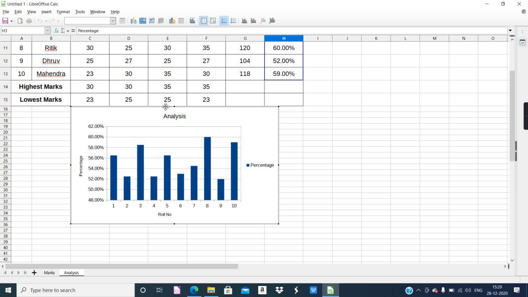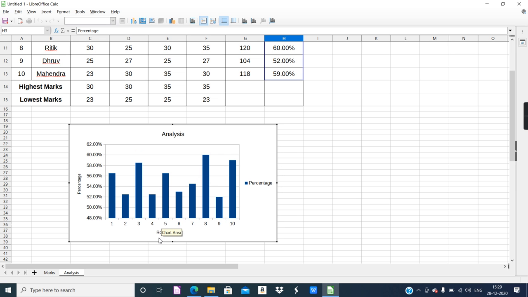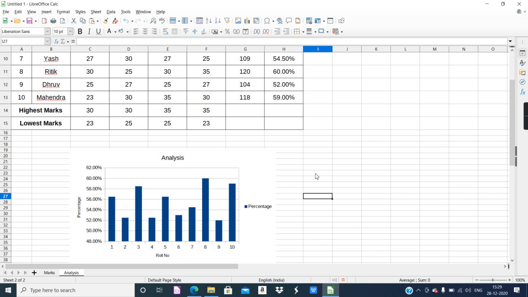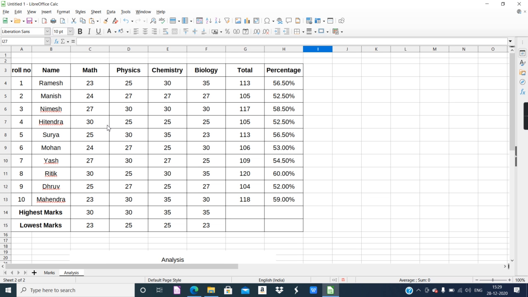You can set the axis, which type of axis, and give the title of the axis and the title of the chart in this manner. I hope you have understood all the points which were given in the question. Apart from this, I also told you extra things, at least the basic things which should be known.